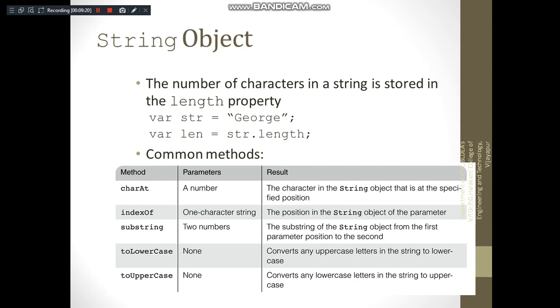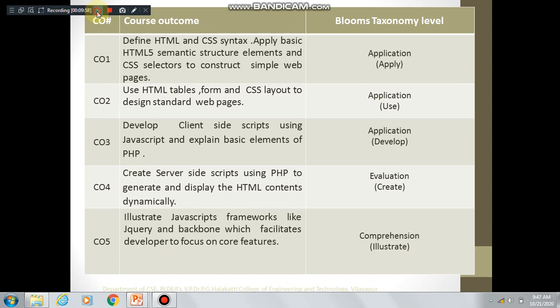Like you can just observe, it is also having a length property. So the length will be stored with how much value? 5. Starts with 5 or 0, right? So you have charAt, indexOf we have seen, substring is passing 2 numbers for this particular function. Then you can just extract that part of the string from the original string and store it in the variable to which the function is assigned. You also have a provision to convert the string to lowercase and uppercase as the name says, right? So this is all about a few of the built-in classes of JavaScript.